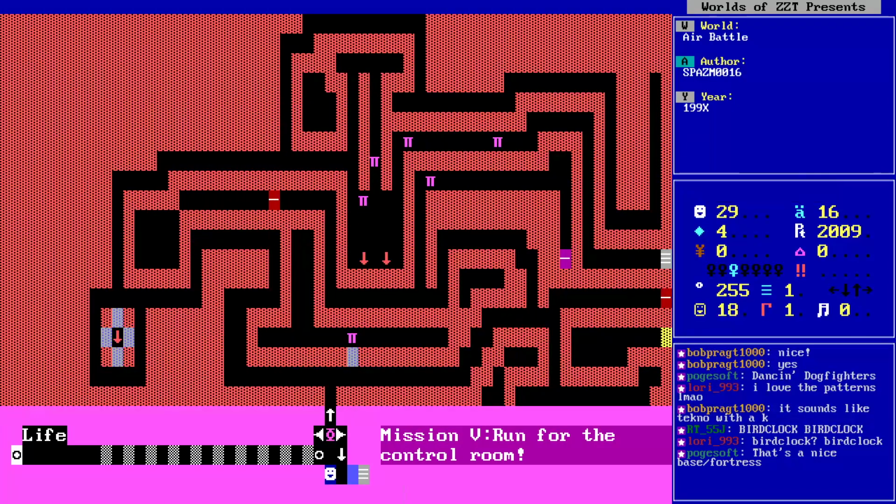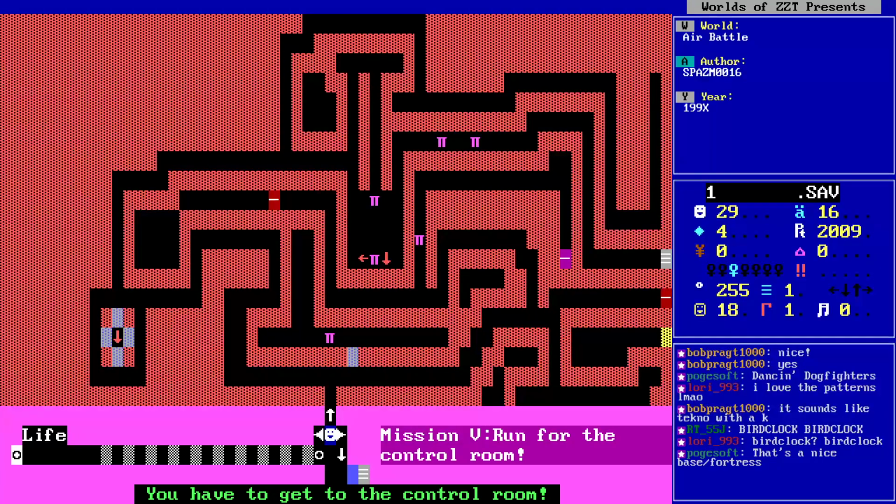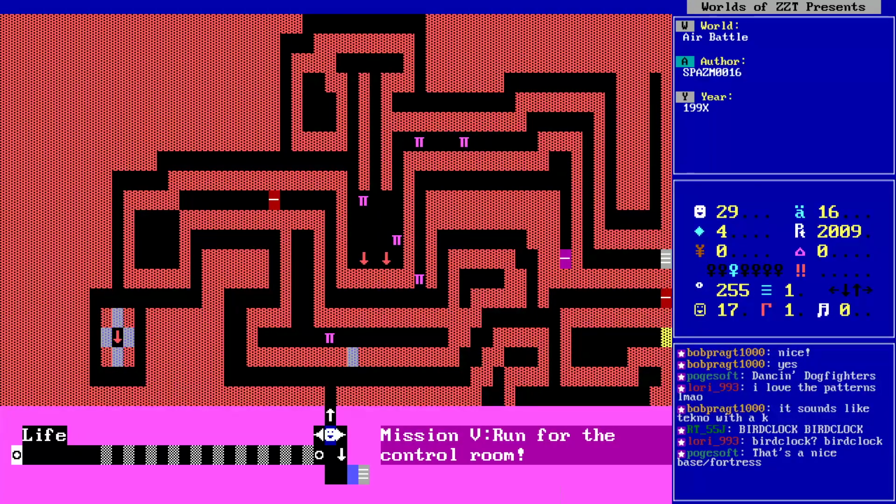Save now. Where am I? You have to get to the control room. Oh, I just think this isn't finished. Okay. There's no plane here, or man. There's no little man. There's nothing here. I don't know if those dashes are supposed to be fake passages or locked doors or what. I think those are just tigers, which...